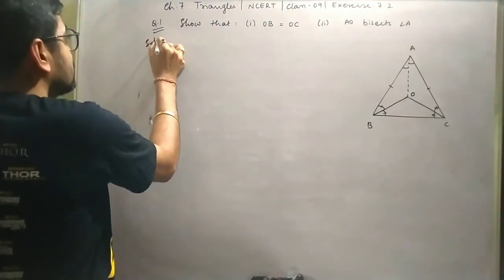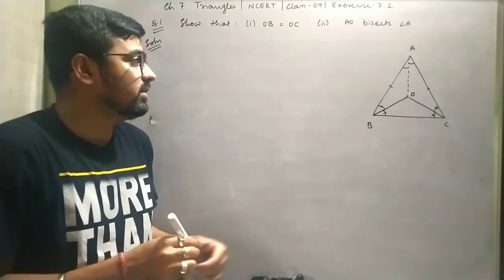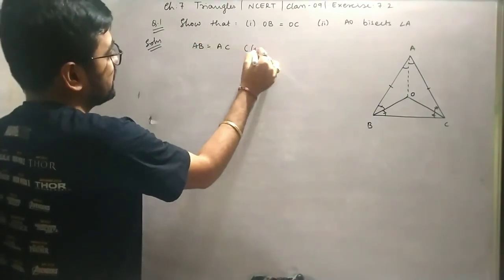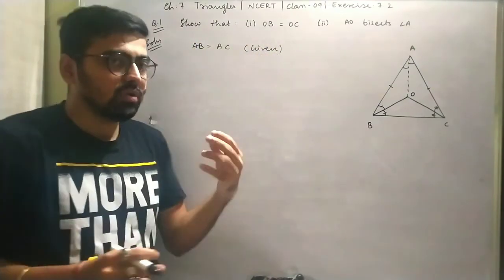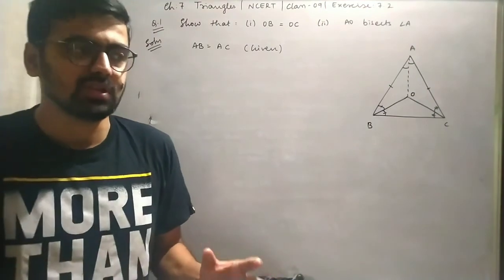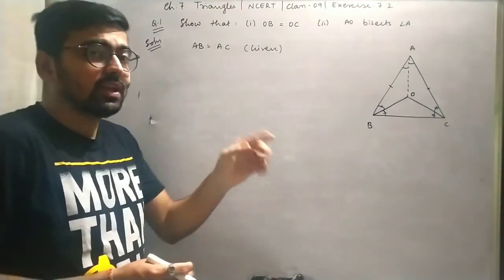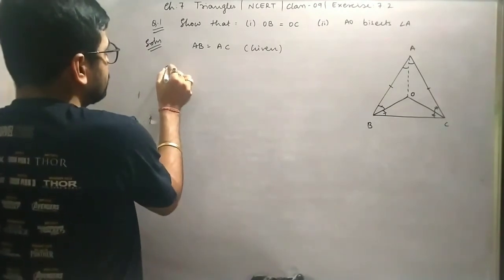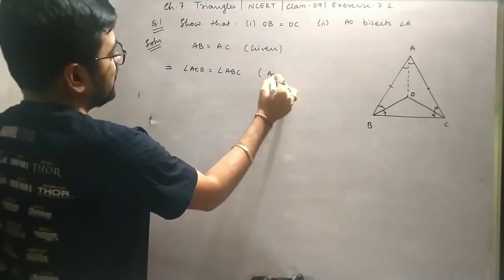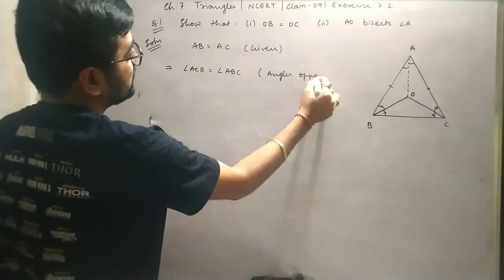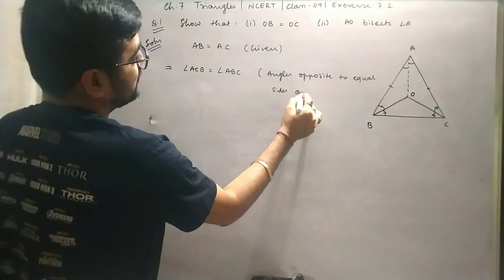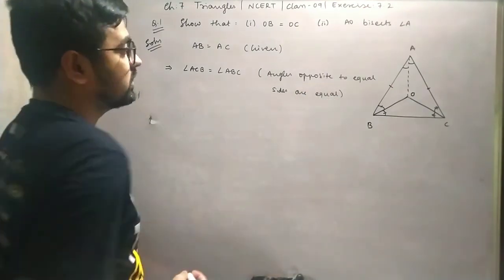Simple. So how can we solve this kind of a question? When we have a triangle in which we know that AB equals to AC is given, as we are solving a problem based on isosceles triangle, we can recall a property of isosceles triangle: if two sides are equal, then their opposite angles are equal. So if these two sides are equal, then I can easily say angle ACB is equal to angle ABC. Angles opposite to equal sides are equal. It's not a big deal.